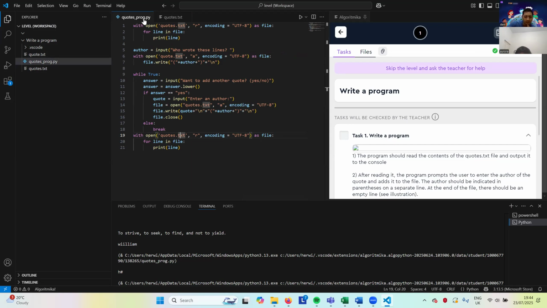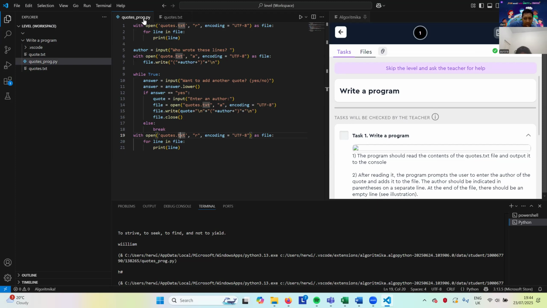With open quotes, for line in file, print line, author, who wrote this line. With open quotes.txt, encoding, a favorite author. While true, answer input, want to add another quote, yes.